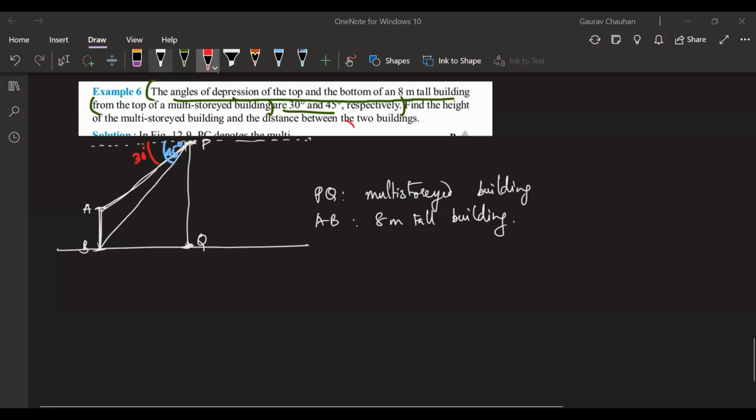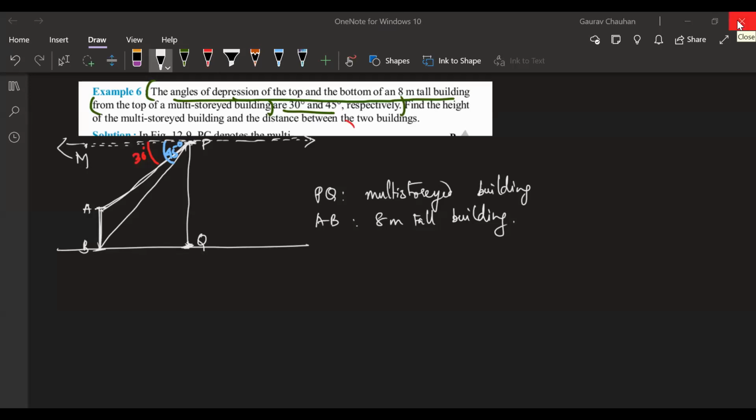Okay, this particular thing I have written is the horizontal. Let's mark a point here, let's say M, just so that we have a ray PM from which we can compare. Okay, this is my diagram.